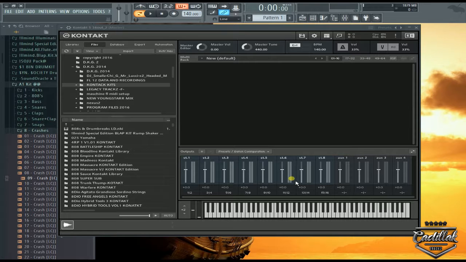Today's quick tip is something I did. It requires a little bit of work, but it's worth it. It's just an organization technique, a tip, just like the one I did with the VST browser preset organization. This is Kontakt right here, and as you can see with Kontakt, one thing that you should do is